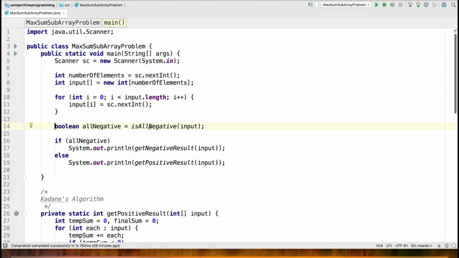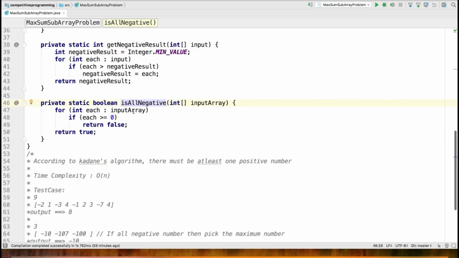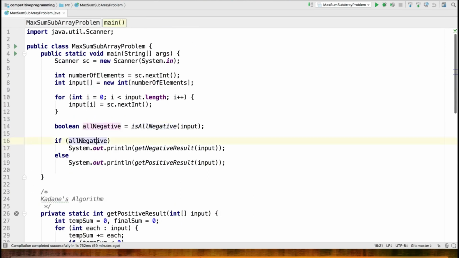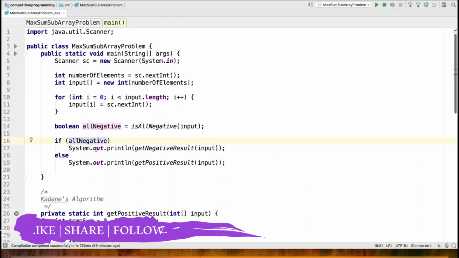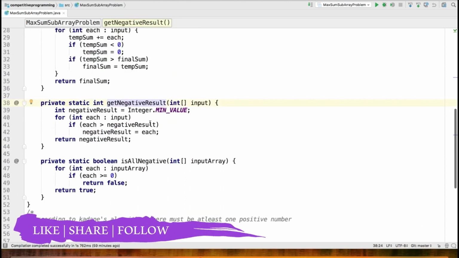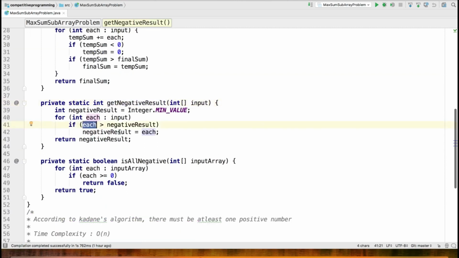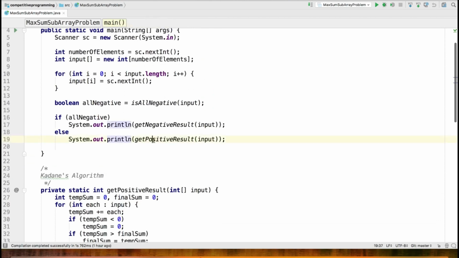After initializing the input array, we will check if all the elements in the array are negative. We will simply iterate through each element and see if any of the values is greater than 0, which means the array contains positive values. If all negative is true, that means the array has all negative numbers, then we will iterate through each element, find the negative number which has the highest value, and return it as a result. So if an array has both positive and negative values, then obviously we will get one positive sum